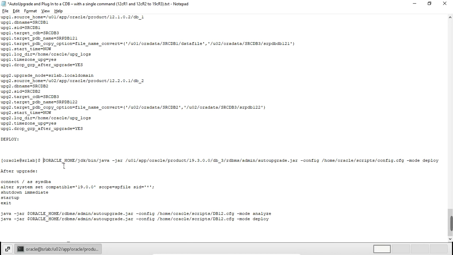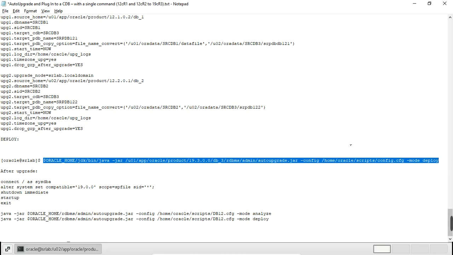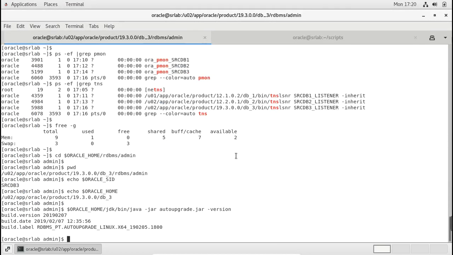So I am going to start the deployment. I mean, I am going to start the auto upgrade. What we'll do is, this is the target container database, the 19c container database. This container doesn't have any PDBs, any pluggable databases. So these databases, SRCDB1 and SRCDB2, are going to be unplugged from here and plugged into this 19c container.